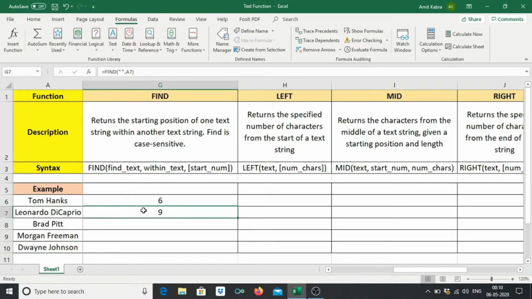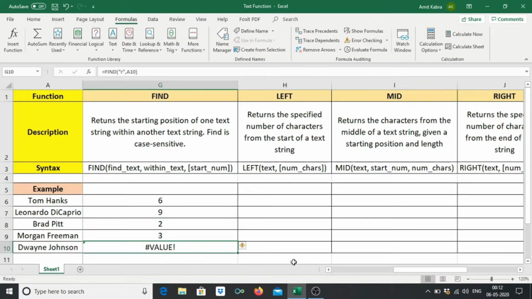so it is indicating 9. Now suppose you want to find the position of R in Brad Pitt, equal to FIND, double quotes R double quotes close, comma, it will search in Brad Pitt, brackets close. So at the second position there is R. Now let's apply the same formula for Morgan Freeman and for Dwayne Johnson.